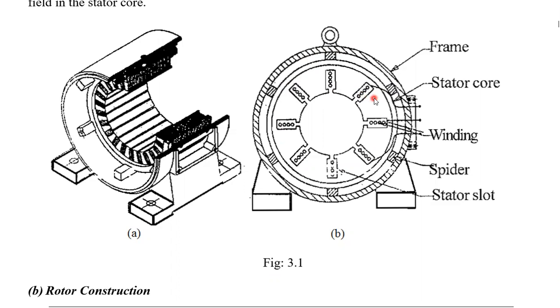For example, for the RYB phase sequence, the stator rotating magnetic field rotates in the clockwise direction. Understood? The rotor also rotates clockwise because of the induction motor principle. At starting, there is a relative speed between these two, because of that EMF is induced in the rotor winding. Because of induction, EMF is induced, and then immediately current is developed.